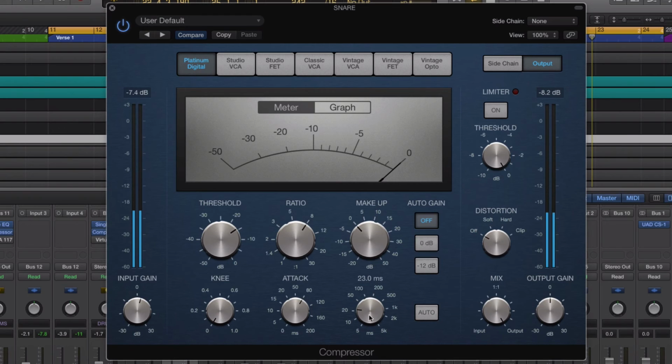So if I have a really short release time, the snares are coming back through and it sounds quite cool there. But I also quite like it when I change the release time and make it longer, because it's suppressing everything else and it makes it almost clean sounding. If I bypass it,